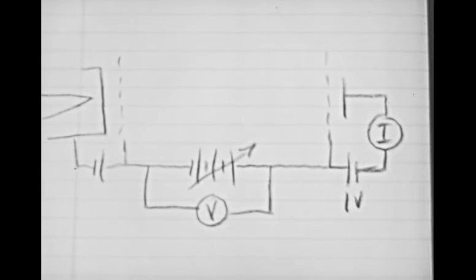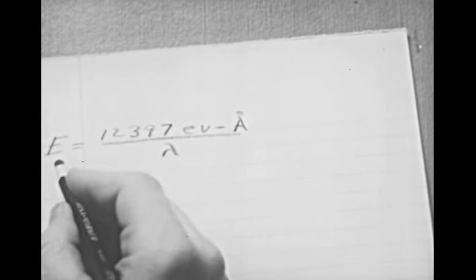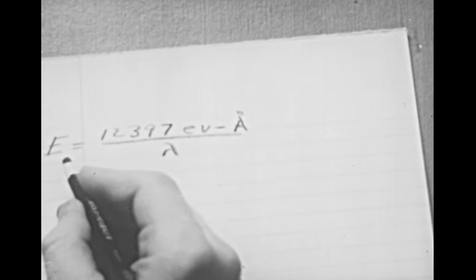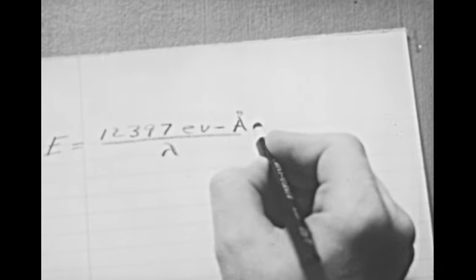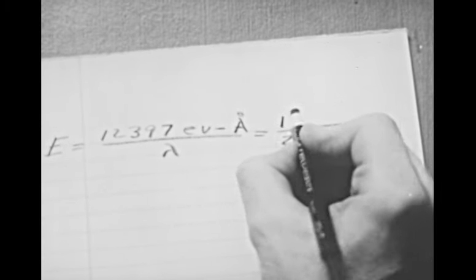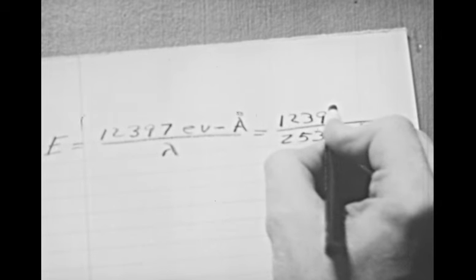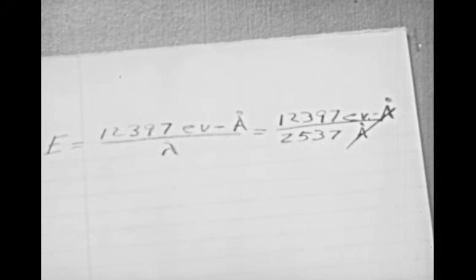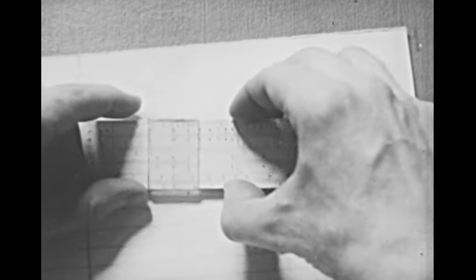Now, does this bear any relationship to the size of the energy package which can be carried off by a photon? Well, using our relationship between the energy of a photon and the wavelength of the light, and putting in 2,537 angstroms for the spectral line which we looked at earlier, we find that the energy of the photon is